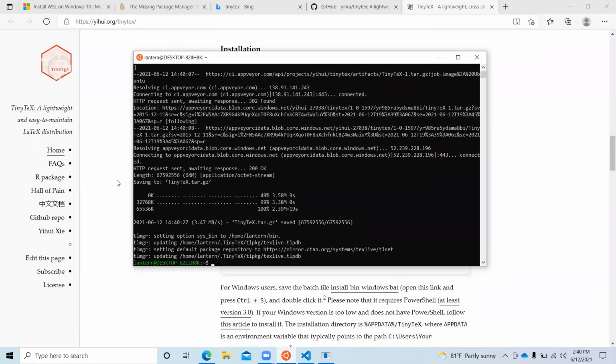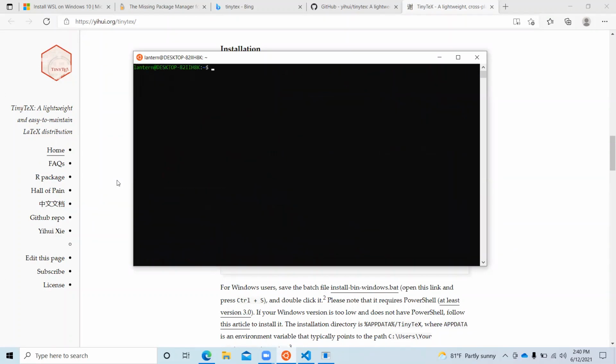All right, so now that LaTeX is installed, in order to use it and to verify its installation, we need to reload our terminal session. In order to do that, I'm going to hit clear to clear the prompt screen, and I'm going to write in source ~/.profile. And what this does is it reloads our bash profile,